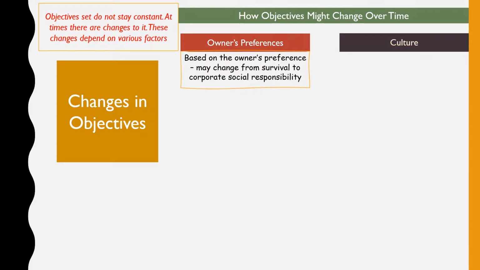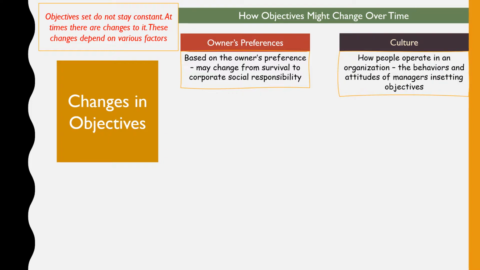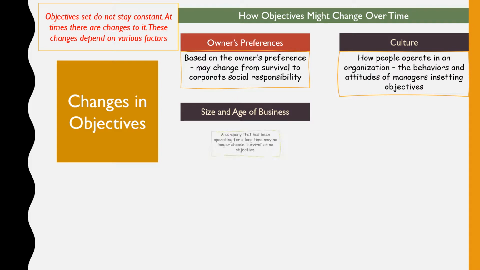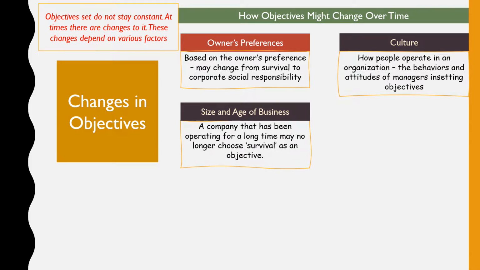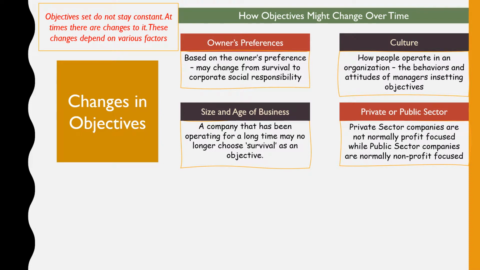At the same time, it also depends on the business culture and how averse they are in terms of accepting risk and doing something different, right? Because if they're not aggressive enough, or too risk averse, then the types of objectives set will also be different. The size and age of the business depends on how long they have been around versus a very new business. Also depending on whether it is a public or a private sector company, because both these sectors reflect two different aims most of the time.